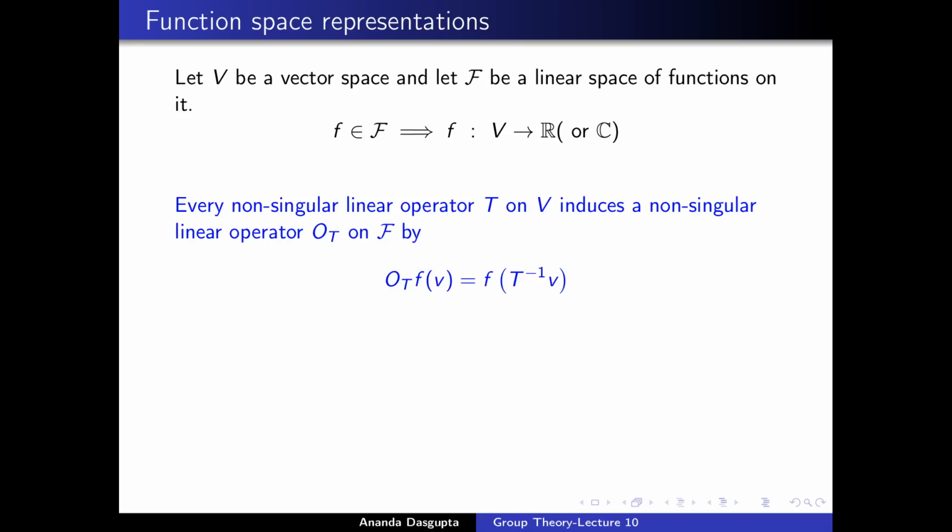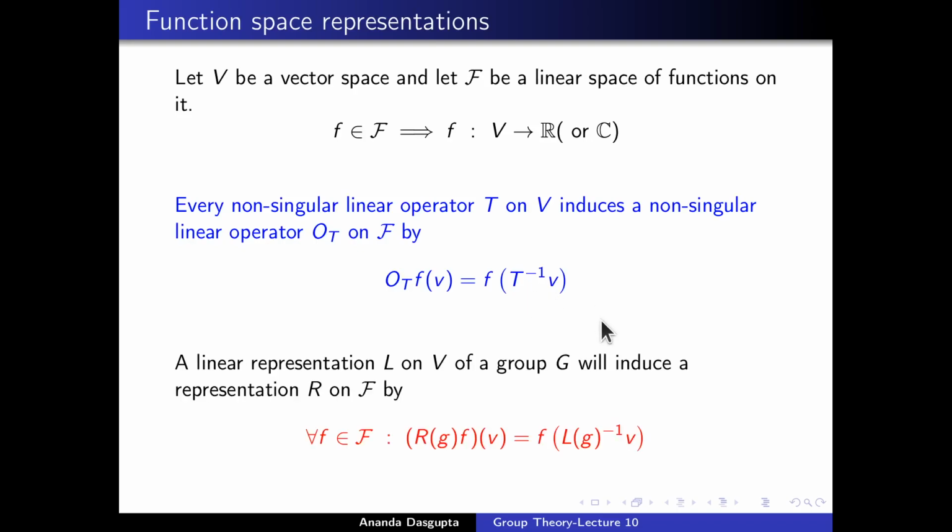So after this, it should be obvious how we would form a function space representation for a given group, given that you already have a linear representation for the group. All you have to do is define these function space operators capital R of g as objects which change functions f on which they act to produce new functions Rgf, and this new function Rgf given an argument v will produce the result which f would have produced on L of g inverse v. So here L of g takes the place of the operator T, and instead of this OT which corresponds to T, the notation that we are using here is R of g, because ultimately this function space operator also depends